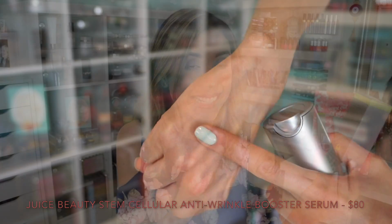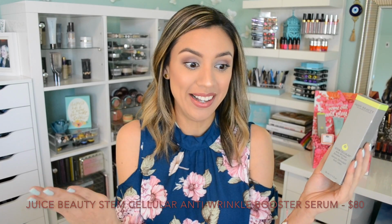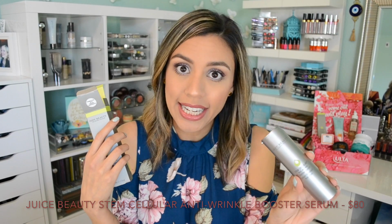This particular line is the stem cellular line, which has their proprietary blend of fruit stem cells that are also infused with vitamin C and have resveratrol, which is derived from grapes. So resveratrol is also in wine. It's also found in some anti-aging lipsticks, just saying. Anyway, fun fact, right? So this is a really lightweight gel-like serum that is going to enhance skin tone and